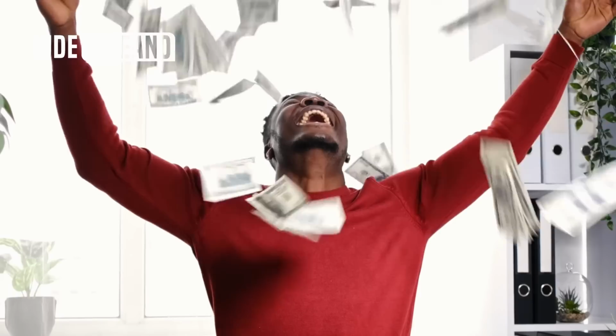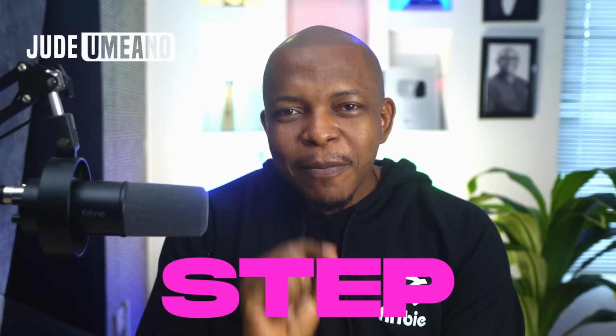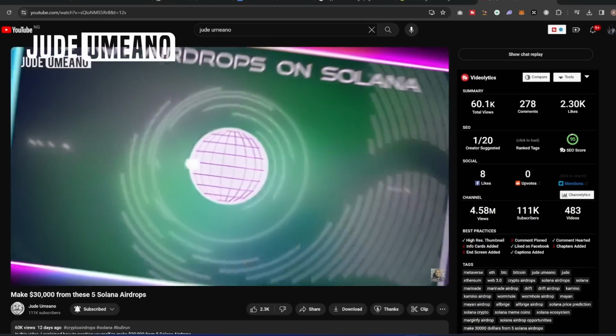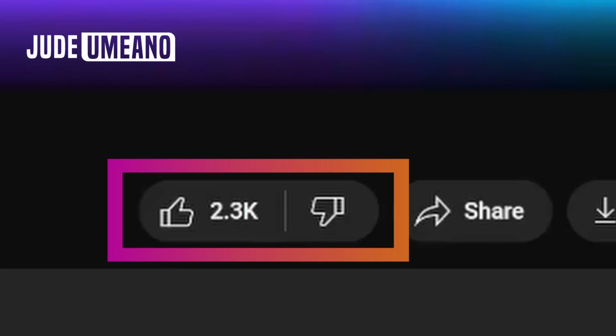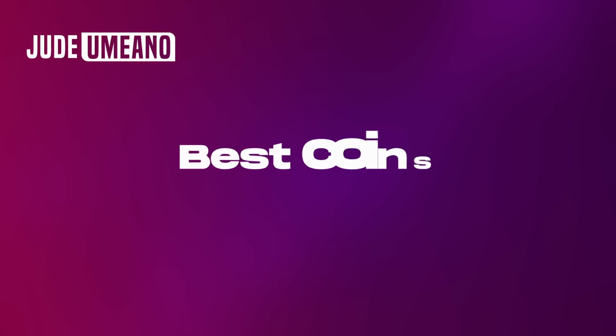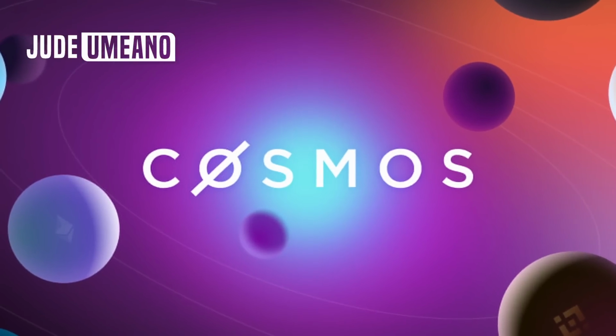This video is on how to make $10,000 to $36,000 from Cosmos airdrop step by step. You guys requested this video after my video on how to make $30,000 from Solana airdrop, and because that video received over 1,000 likes, I have made this one. And just like in the last video, I'll be showing you both theory and practical, and I have a bonus at the end of this video on the best coins to buy in 2024 in the Cosmos ecosystem